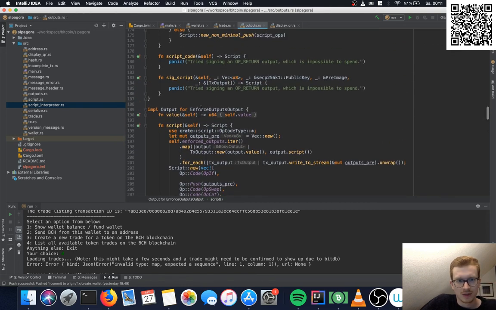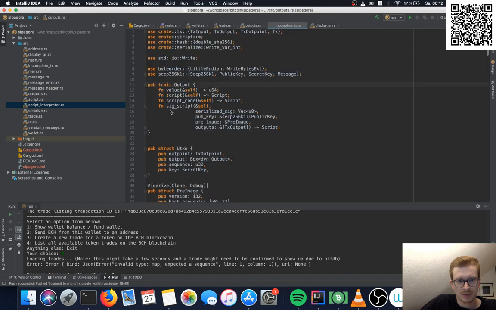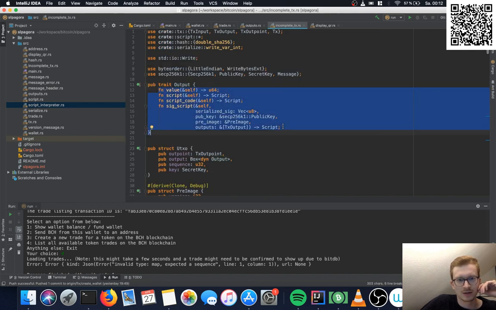So the way it's implemented is by creating this trait. Should I go into the trait system that I made? Yeah, maybe real quick. If you want to use this yourself, this might be very useful, because it's very easy. There are so many different kinds of outputs you want to have.